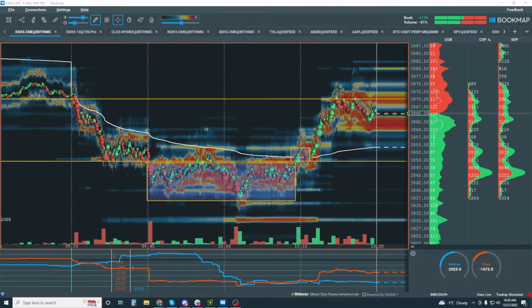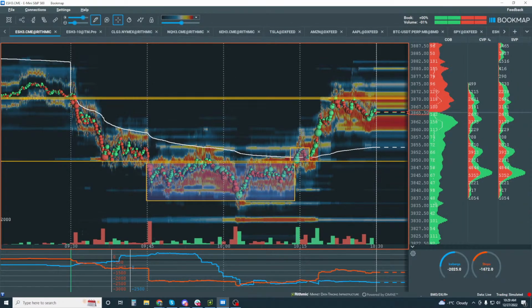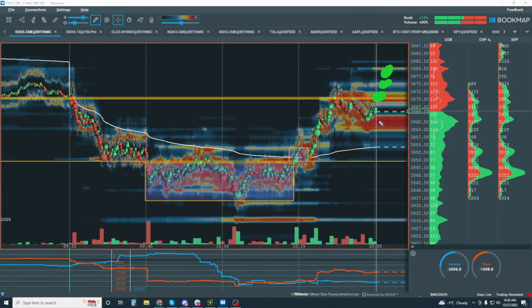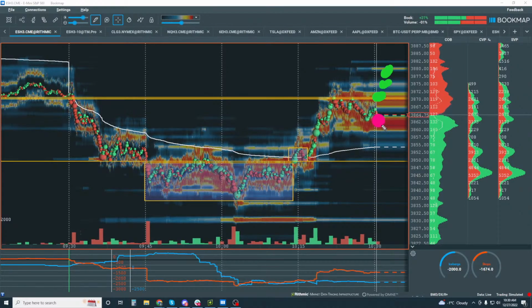Now if we don't get that, and we get an opposite scenario, well, we'll note that. Instead of big buying dots up here, then instead we'll be looking for red dots selling down here. And if we get that, they're not as big as this, but if we get something like that, then we're looking for retests to these areas here. And the first retest